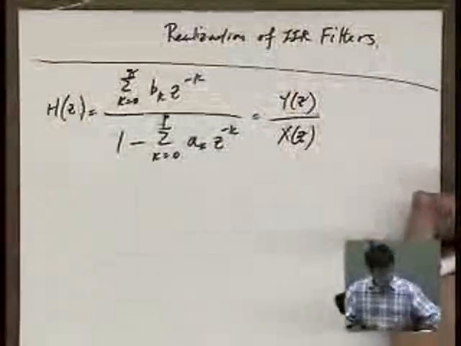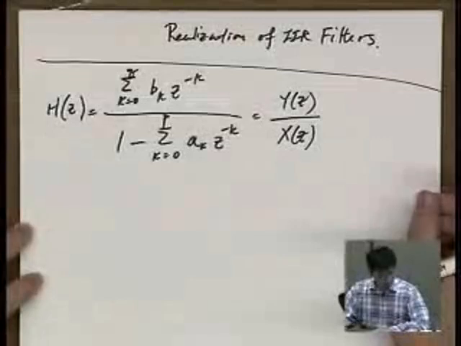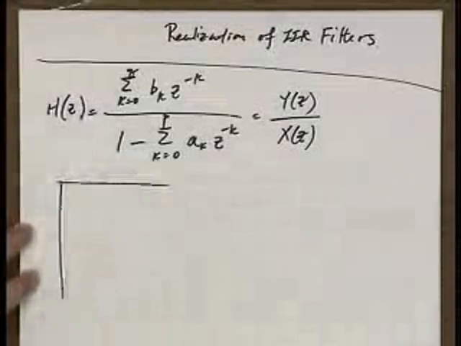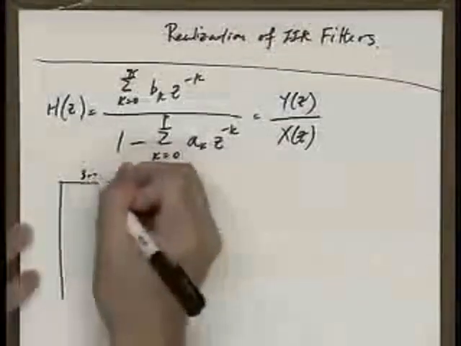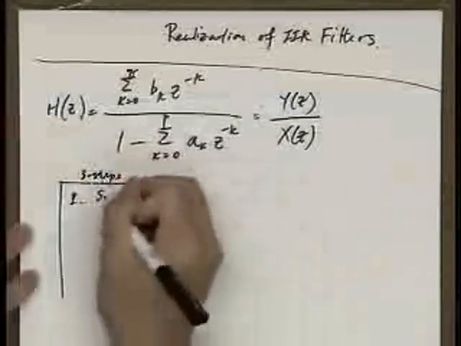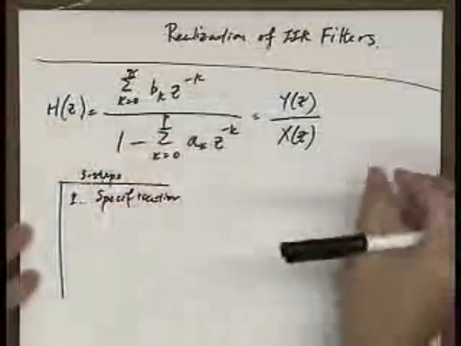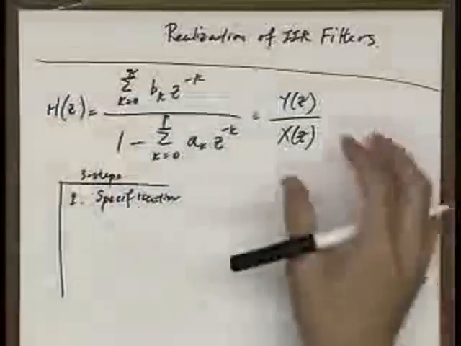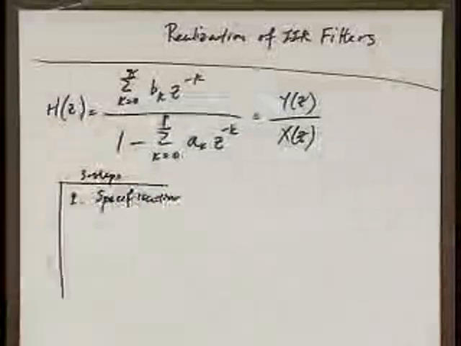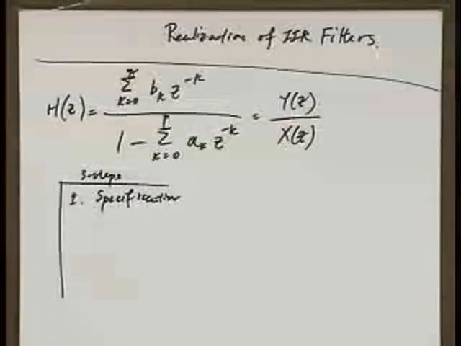So right now we're talking about realization, but before, I wanted to give an overall view of just what this is part of. When you're talking about filter design, there are 3 steps. First is the specification. Someone has to tell you what IIR filter to do, I mean, what the specs are. If you want to make a bandpass filter, say for audio, you want to make sure it's